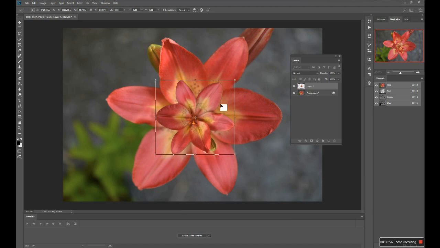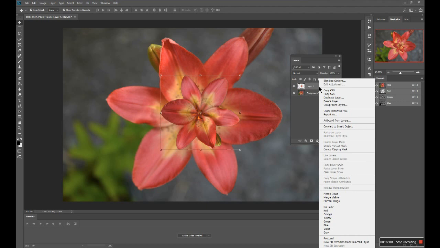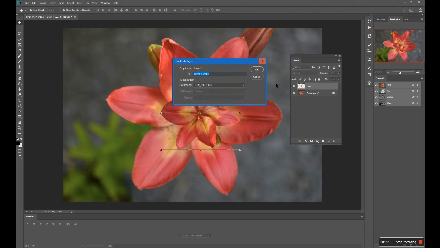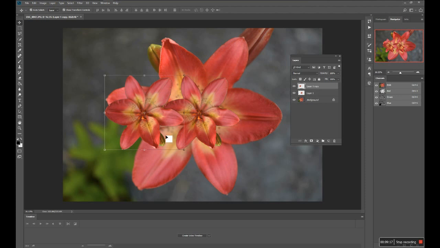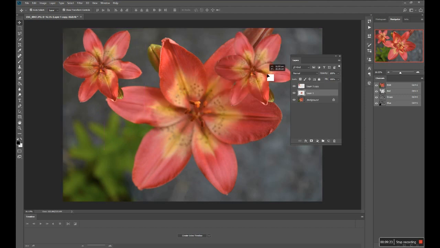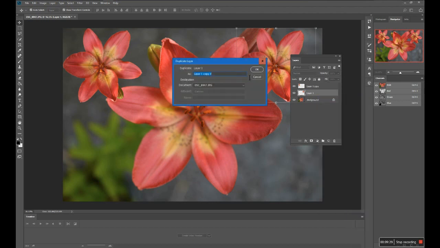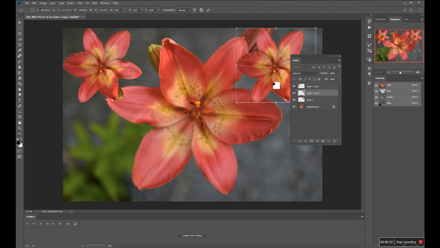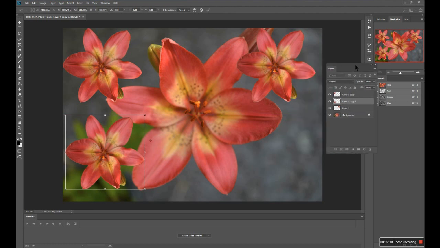Okay, so the thing to do is to have a go and see what you think. You can duplicate these layers, you can make copies of copies as often as you like. So if I wanted to, I could just go to duplicate layer, click the right mouse key and duplicate layer, and I've got another version of the same thing, and I can be playing around with that as often as I wish, and I could have lots of flowers. And I could duplicate the layer again and have another flower. And there we are. So you can be having lots of little flowers